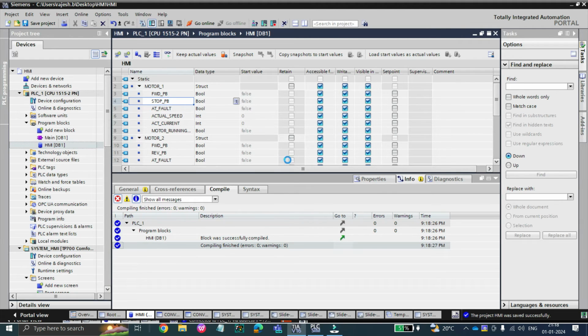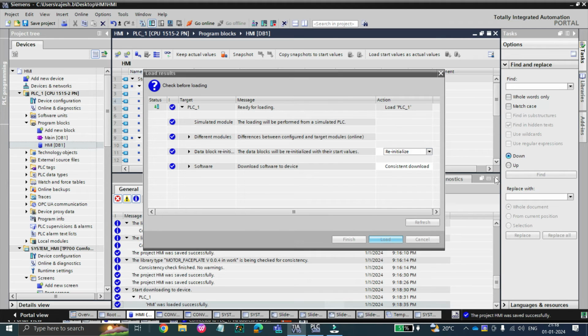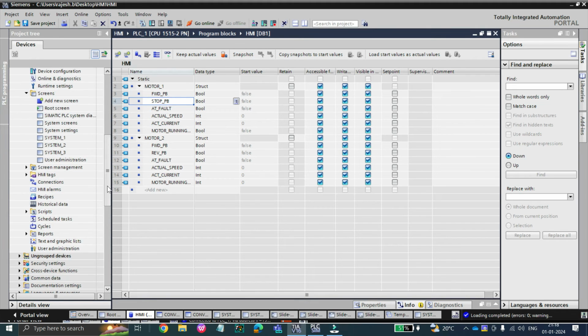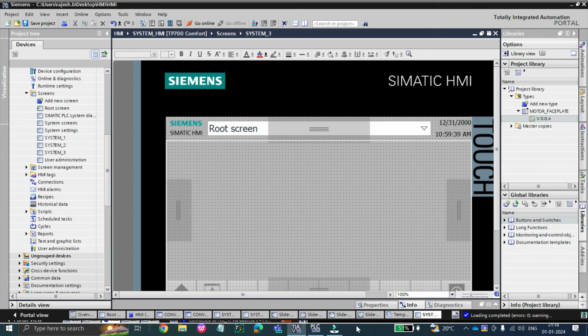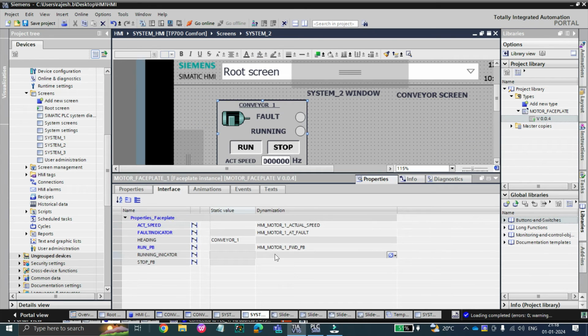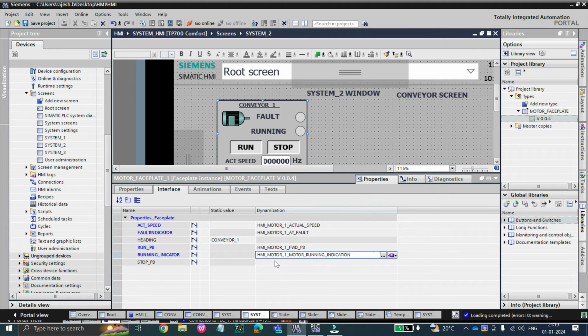So I will download the project to the PLC. Remember, we have not downloaded the HMI. We have only downloaded the PLC backups. Now we will go to our main screen where we have already designed the faceplates. Okay, right click, properties. Yes, now it is showing run push button for forward PB, and for run indicator now it will show motor running indication, and for stop push button